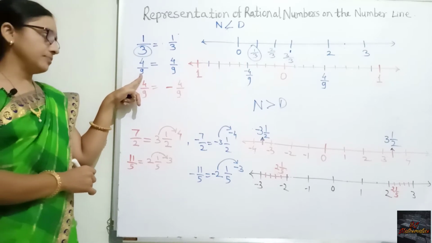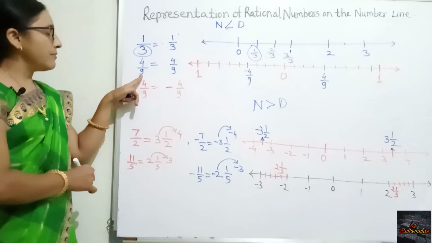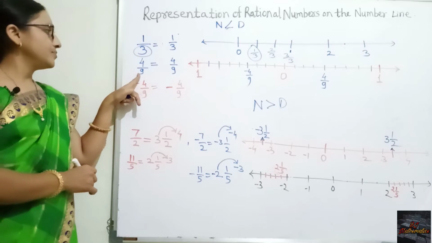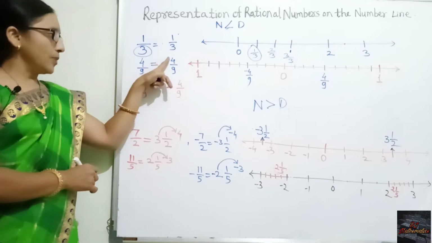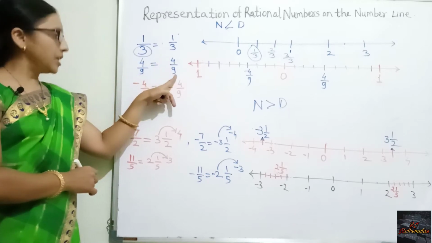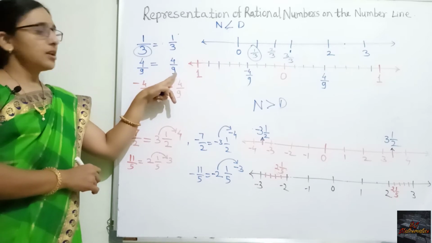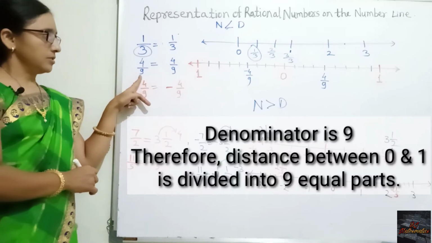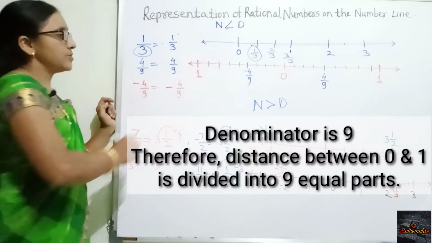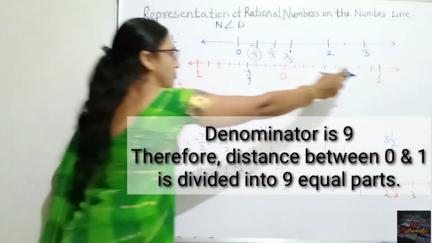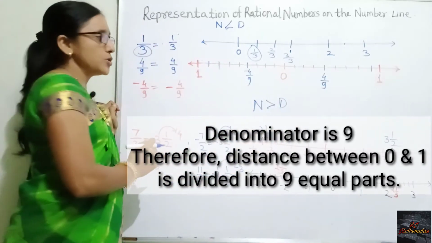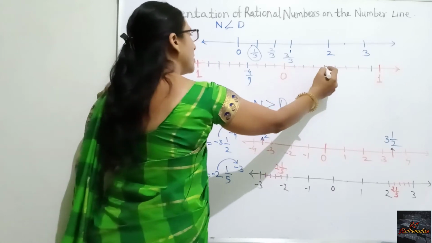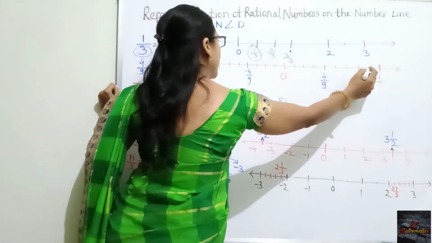Denominator is 9. Therefore divide, it is plus 4 by 9. So the numerator is less than the denominator. Therefore it lies between 0 and 1. The distance between 0 and 1 is divided into 9 equal parts: 1, 2, 3, 4, 5, 6, 7, 8,